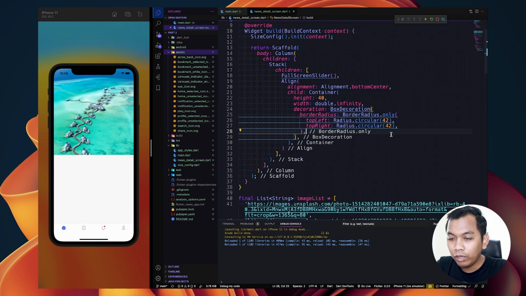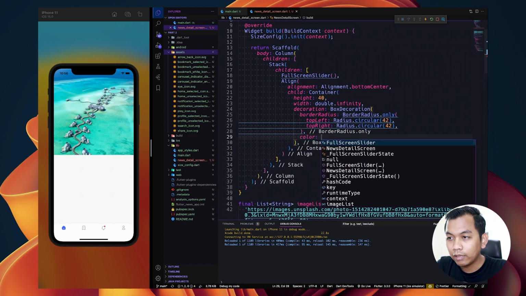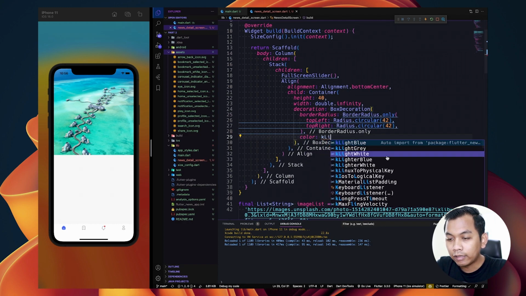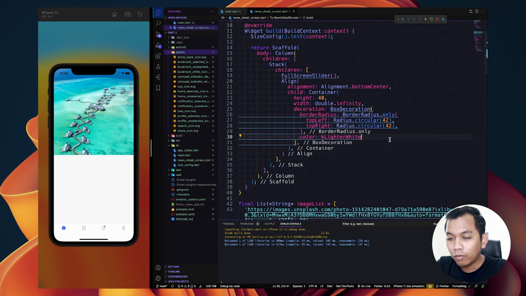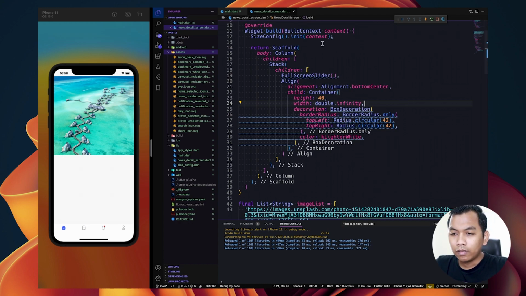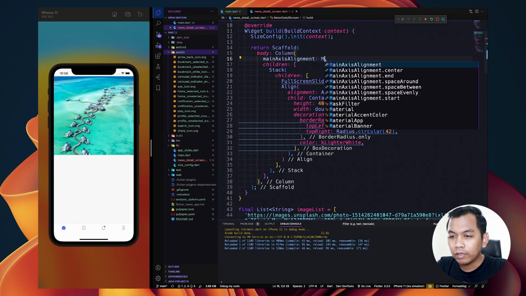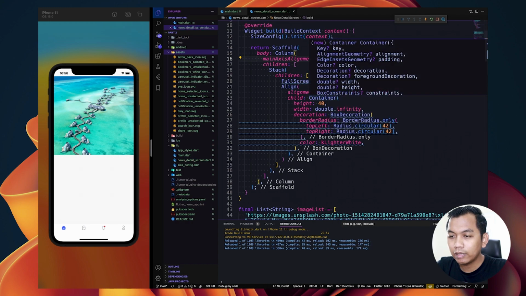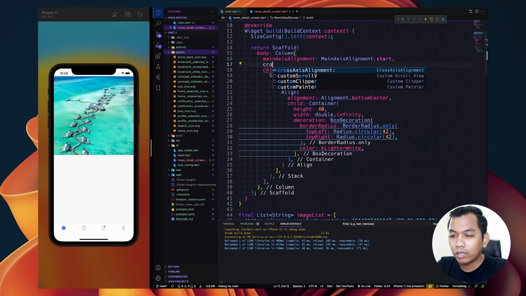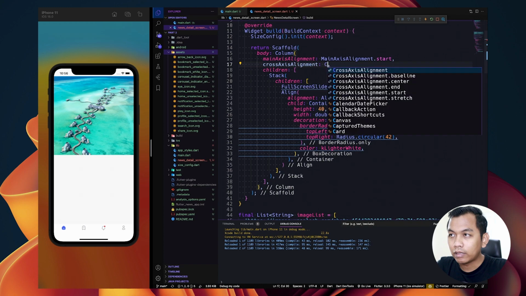And next, we need to give the color to be a lighter white. And the next step, for this column, we need to set main axis alignment to be start, and for cross axis alignment, start again.